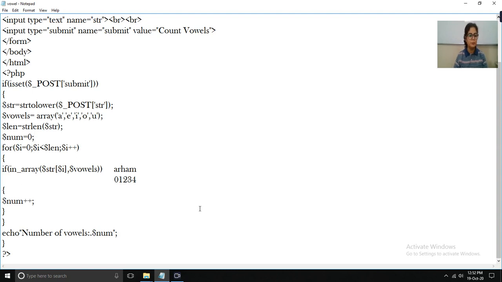So I will show you how it will check the value. First of all, it will check the first character A, it is a vowel. It will increment the value of the number. Initially it is 0, now the number will become 1. Okay, it will check second, it is not a vowel. Then it will check third, it is not a vowel. Then it will check this, it is again a vowel, and it will increment the value of the number. Initially it was 0, but when we check the string, the value becomes 1. Now there is again one more vowel, so it will again increment and the value becomes 2. Now last word is M, it is not a vowel, so it will display the answer as 2.